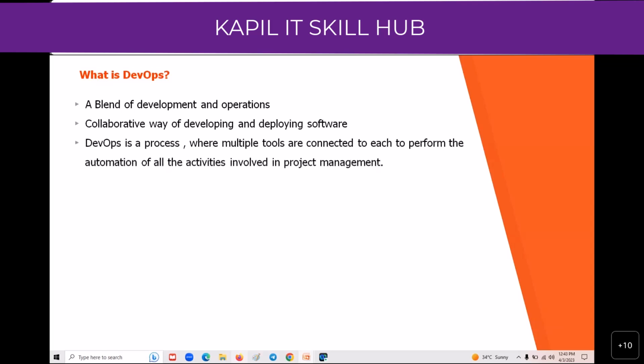DevOps is a process where multiple tools are connected to each other to automate all the activities involved in project management. In different phases of application development, we implement different automation tools to automate the process, which brings speed to your application development, right?